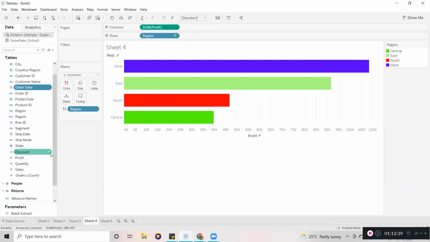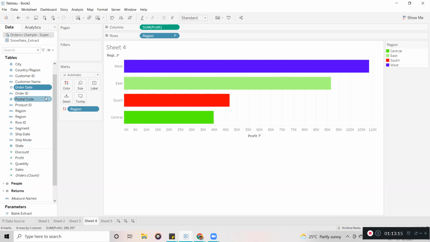For example, in the database the name might be country or region, but the end user displays it as plant location. They say it is a plant location, so instead of region you use plant location. In these cases you use the renaming functionality. From the database you get one name, but from the end user's perspective you rename it.